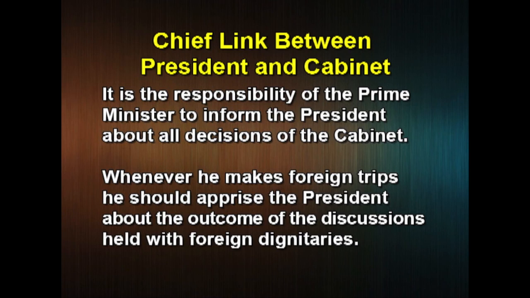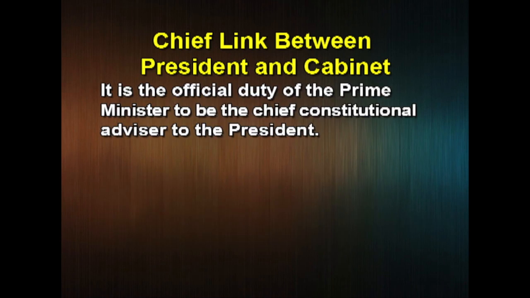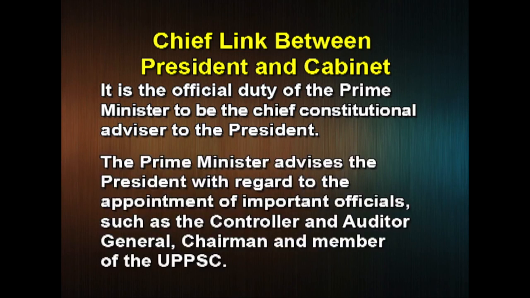with foreign dignitaries. It is the official duty of the Prime Minister to be the chief constitutional advisor to the President. The Prime Minister advises the President with regard to the appointment of important officials such as the Comptroller and Auditor General, Chairman and members of UPSC,